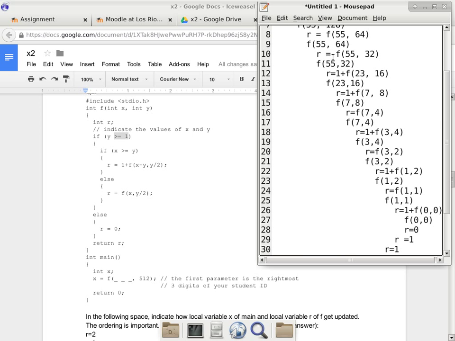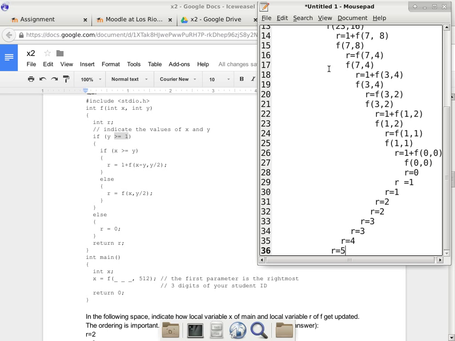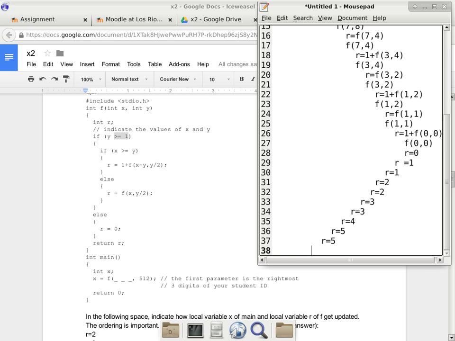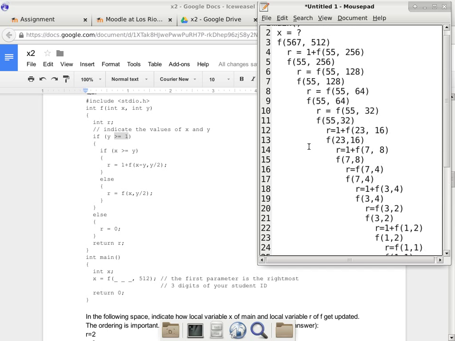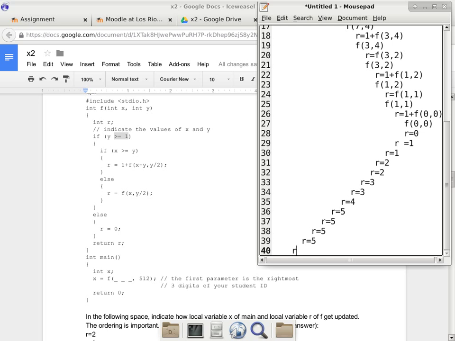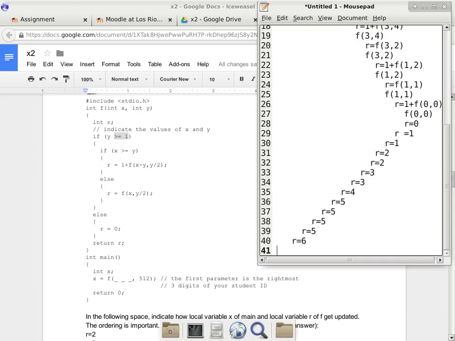And then the other ones do not have a 1 plus except for the last one. So we have r equals 5, r equals 5, r equals 5. And then the last one, I think, is r equals 6. Let me see if we, nope, we're missing one more. Okay, I think the indentation is correct about this one. Yep. So eventually the last r is going to be returned here, so the x gets that particular r, which